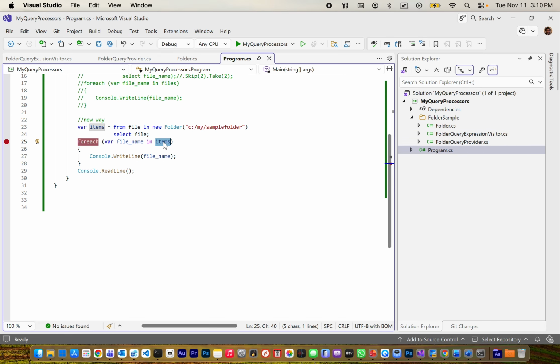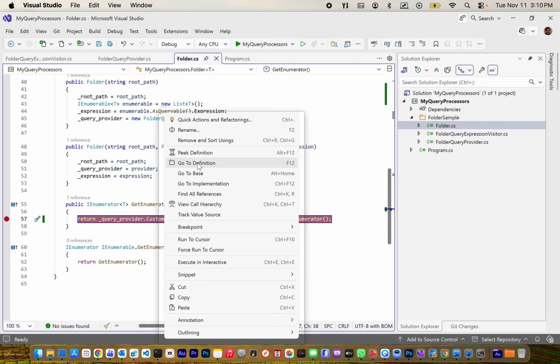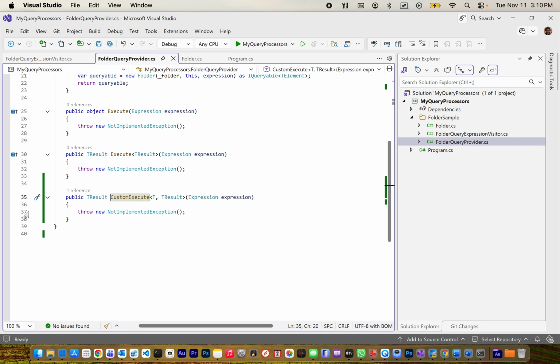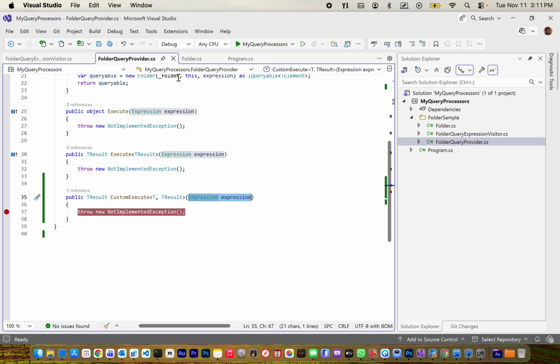When it gets past here and you get to here and it makes the first call to GetEnumerator, it's going to go in here and it's going to make this call to CustomExecute. So let's go into CustomExecute. That's over here. And then the question is, what does CustomExecute need to have? All it really needs to do is take this expression. There's a lot of things it can do, but amongst all those things, ultimately, we need a way to convert this expression into